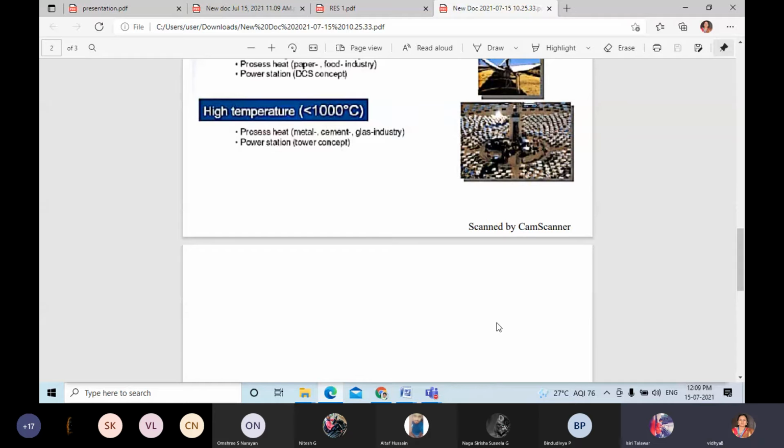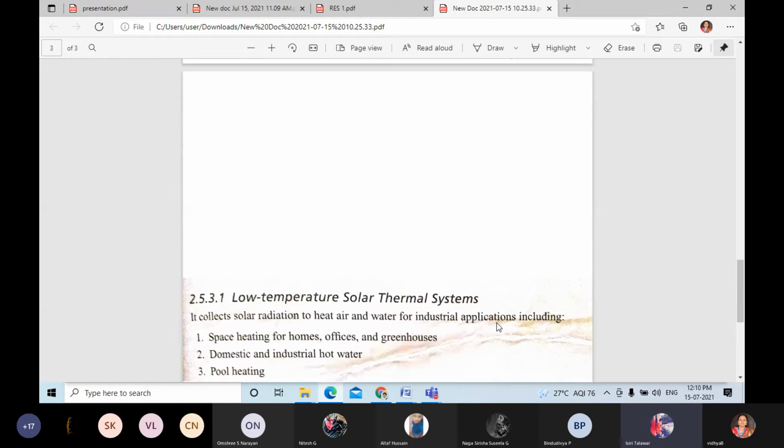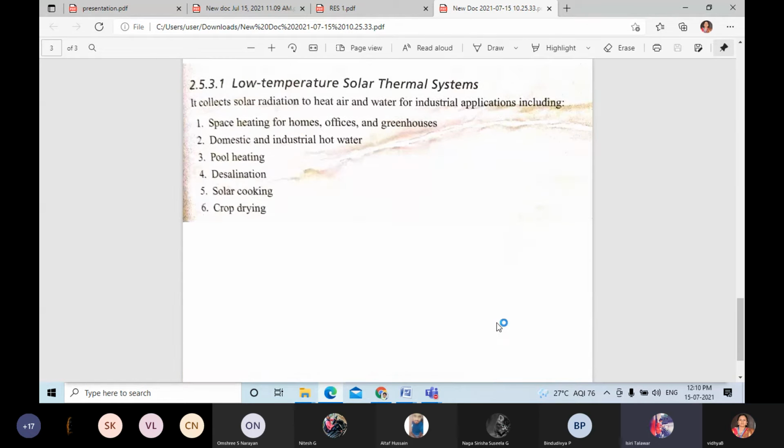These systems use mirrors and other reflective surfaces to concentrate solar radiation. A parabolic dish system concentrates solar radiation to a single point to produce temperatures in excess of 100 degrees Celsius. Line focus parabolic troughs focus solar radiation along a single axis to generate temperatures of about 350 degrees Celsius. Central receiver systems use mirrors to focus solar radiation on a central boiler.